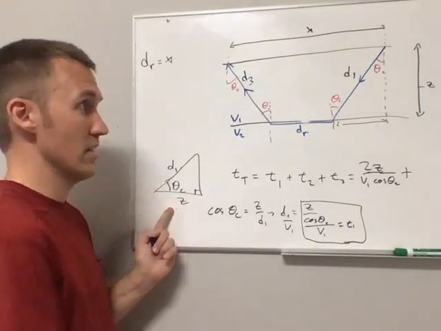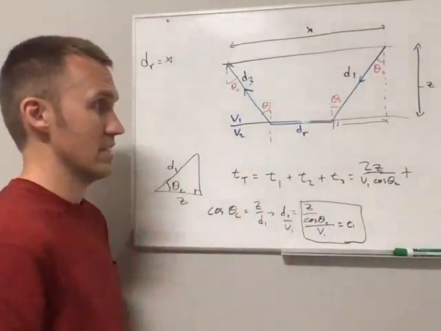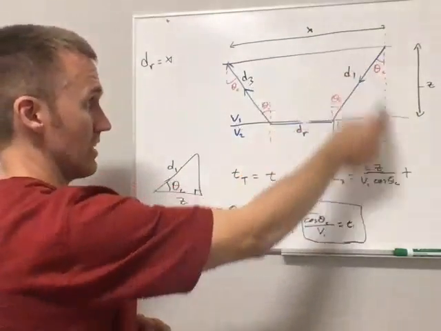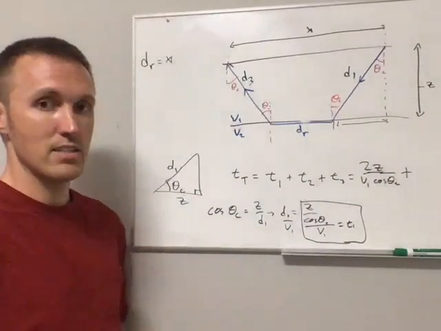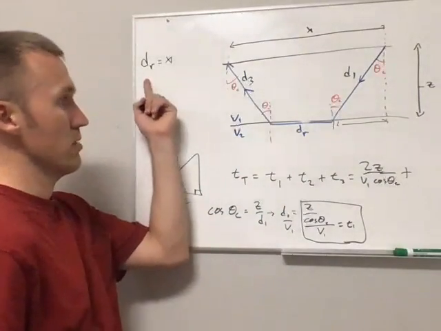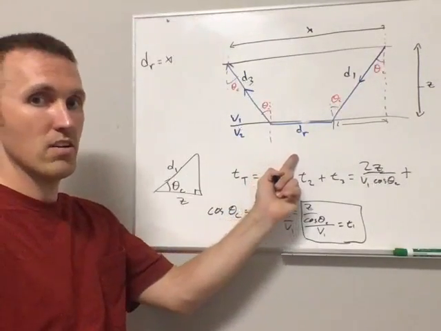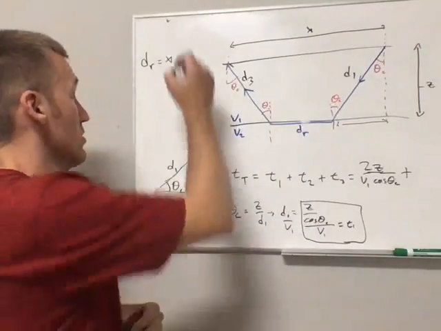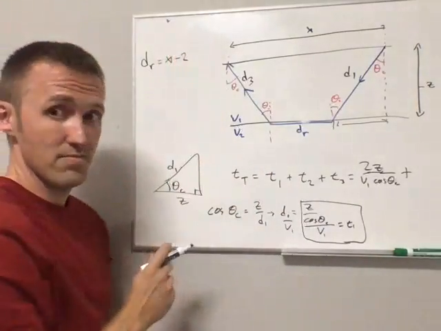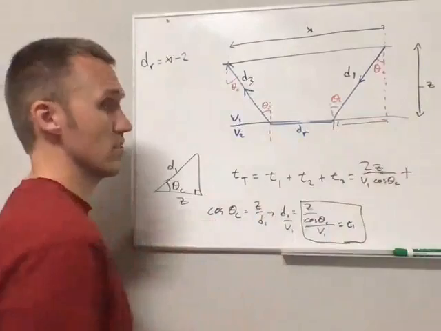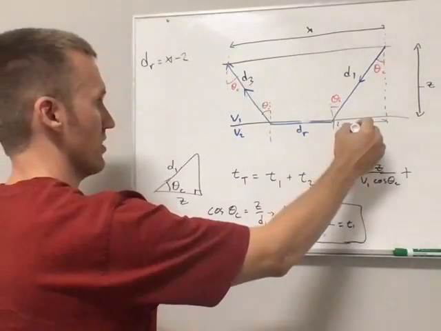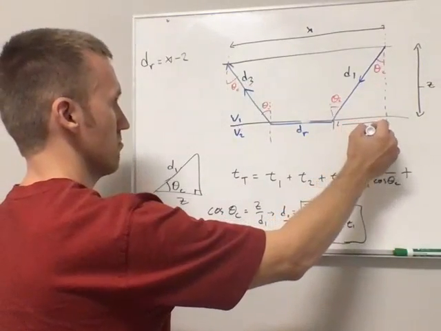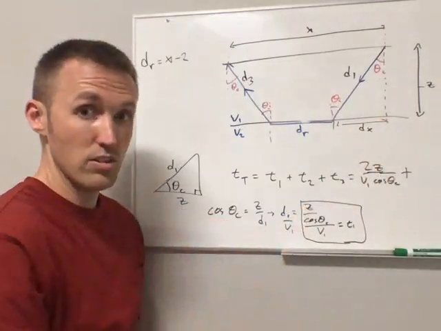This is going to be the sine, or relate to the sine of this theta c. Either way, I'm just going to take x and subtract off twice that distance, whatever it is, and then the remainder will be dr. dr is equal to x minus twice something. There's two segments, one on either side, so we're going to subtract both of those out. We'll call this just d